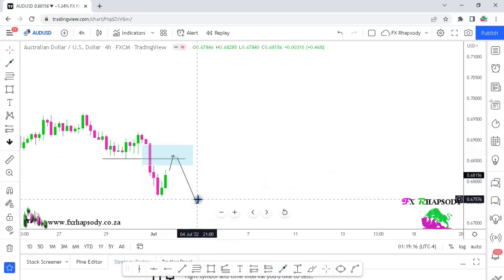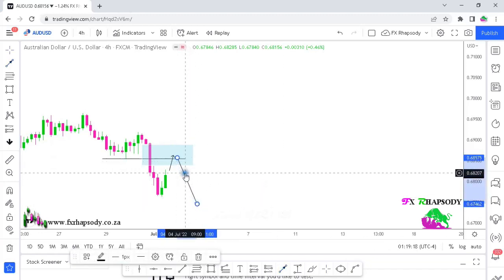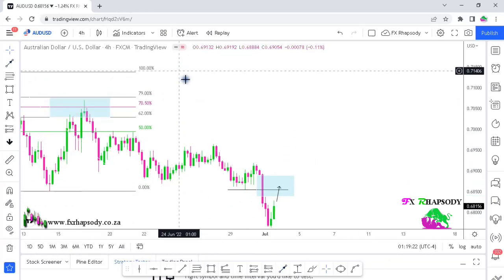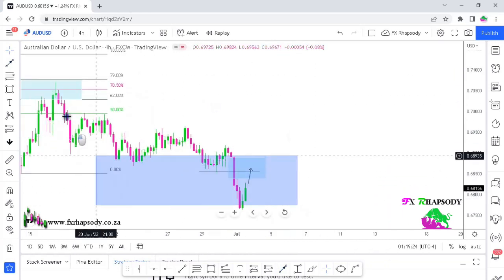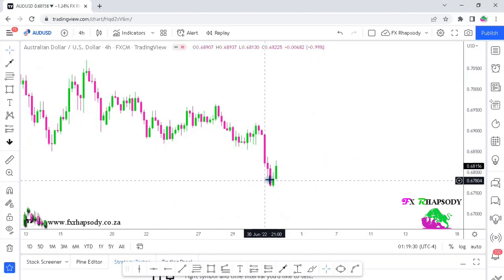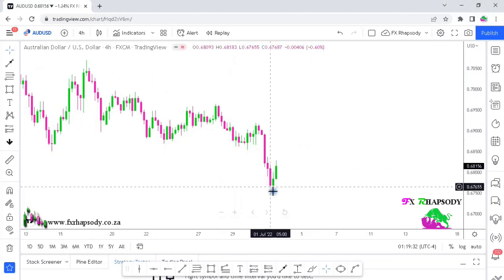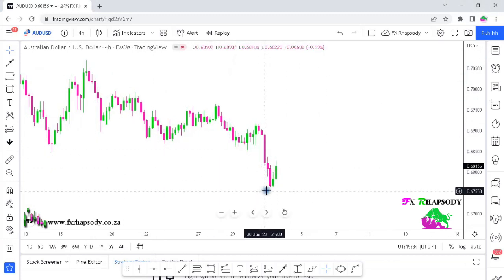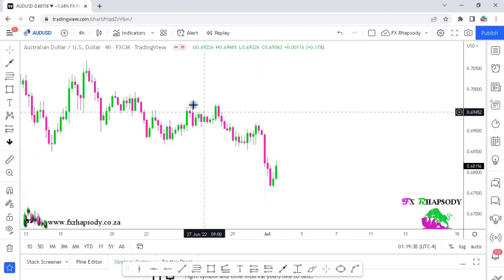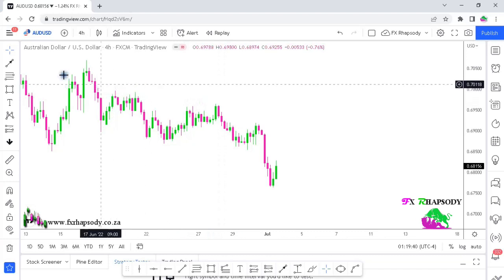or is it now time for price to just tap into all these areas of liquidity lying on the top there, to see if price is going to go back and hunt that liquidity. Especially now, after this candle was the area where price hit the previous low on the daily time frame. So we might see price retracing back and then start taking out all the liquidity that's lying on the top there. On the 1 hour time frame,